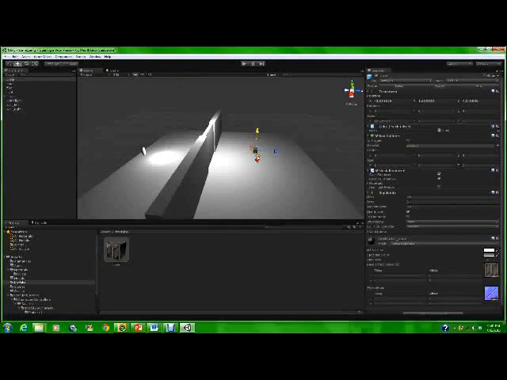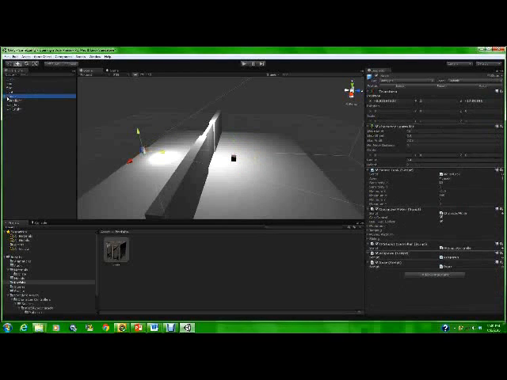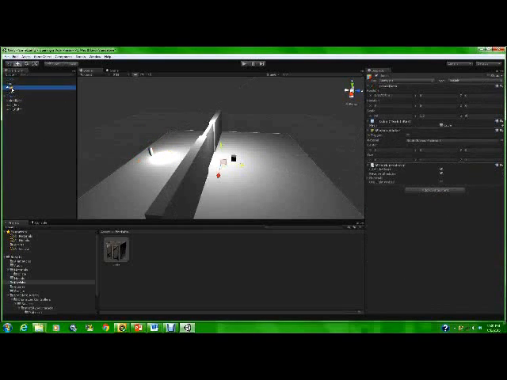So let me see. I'm going to bring this a little bit closer. When the door opens, we can look at it. And we will take this player and set that a little bit on there. And the floor, maybe make that like